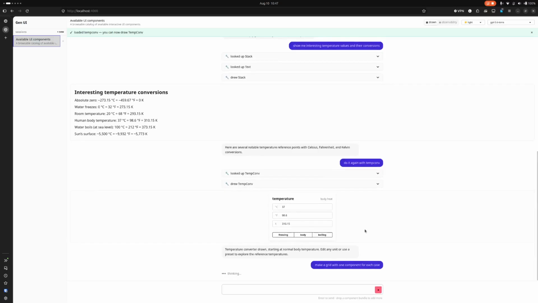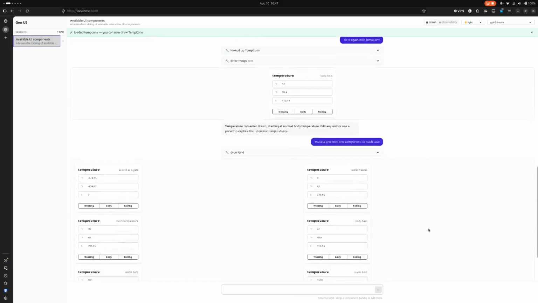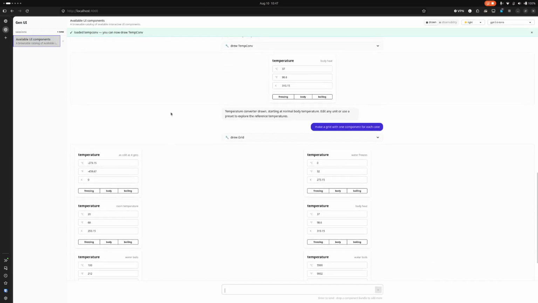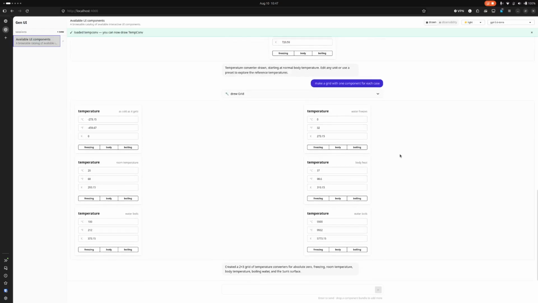It's rendered only one. I don't know why it thinks that. Oh, body heat. Okay. So these are interacting components, of course. So I can change body heat, freezing, boiling. I can change one and the others update. So it can use it to show information to me, and it's using the grid to lay out